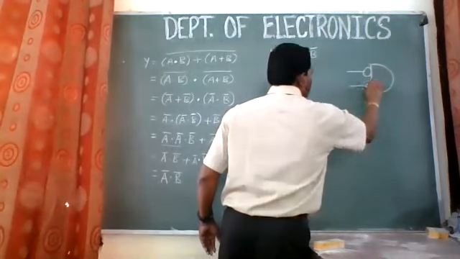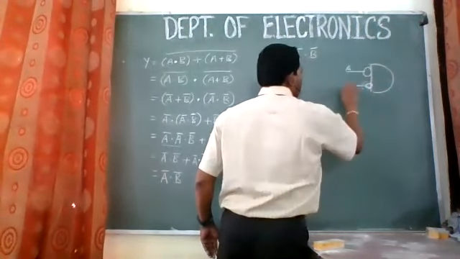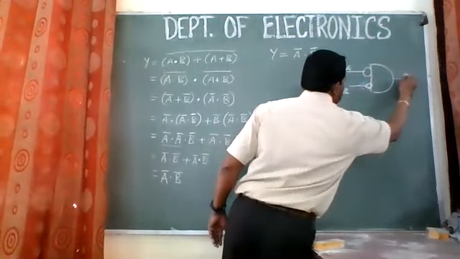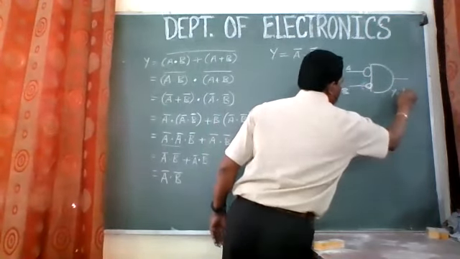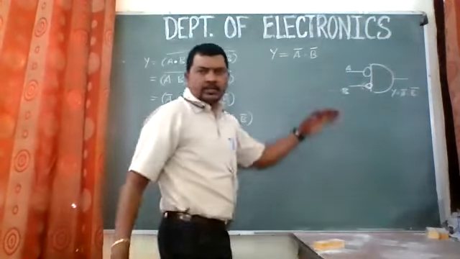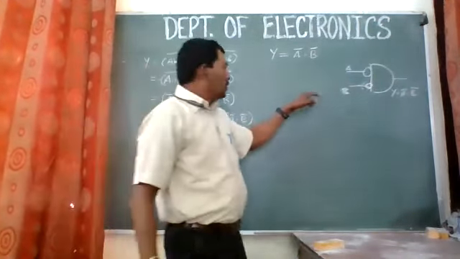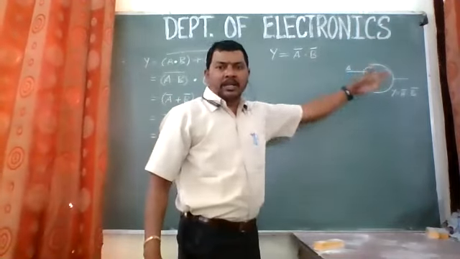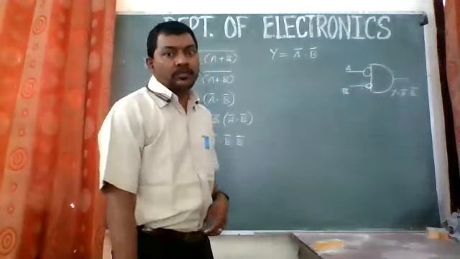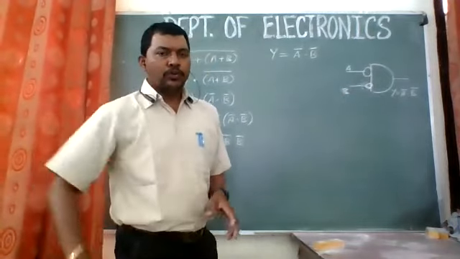So what we are trying to say is we are having A and B as the inputs, and this is the AND gate. So we are having this equation, A complement dot B complement. I guess it is visible. So this is called the bubbled AND gate, and this is equivalent to the NOR gate. That is what we need to prove. So how are we going to prove that?